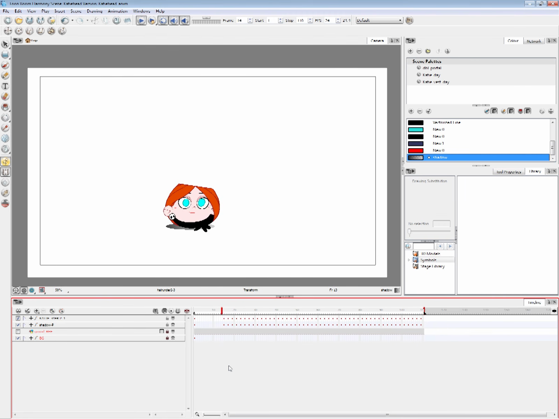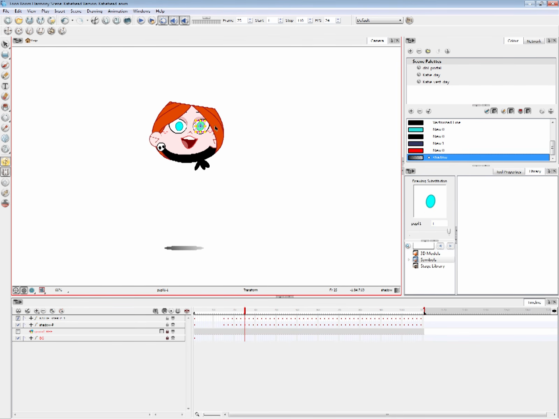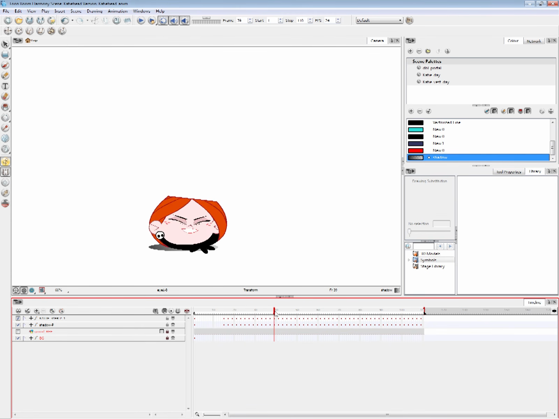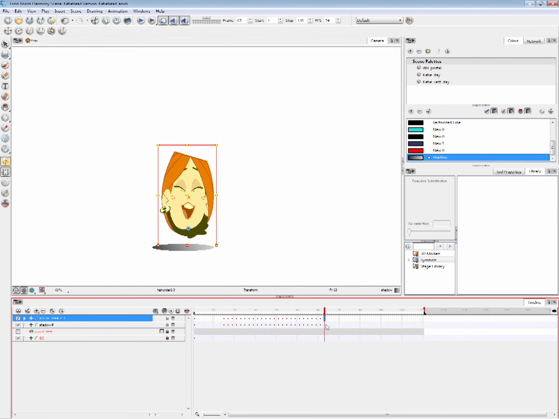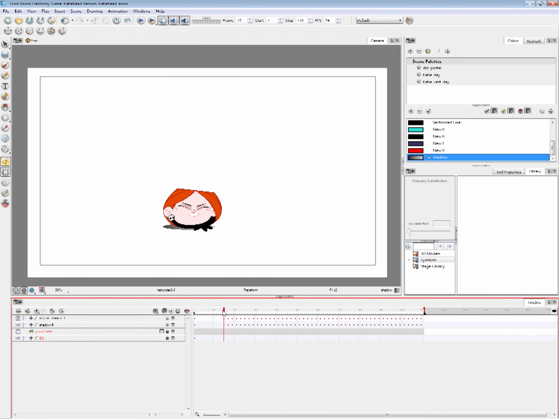Okay. Her eyes are a little bit funky. You see how it's separating to the side a bit. But the more diligent you are at setting up your keys properly, the less mistakes you'll have to fix later on. So I'm fairly satisfied with this, so we'll call it a day.